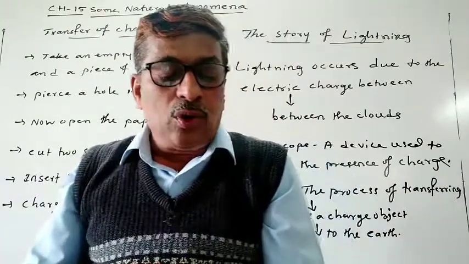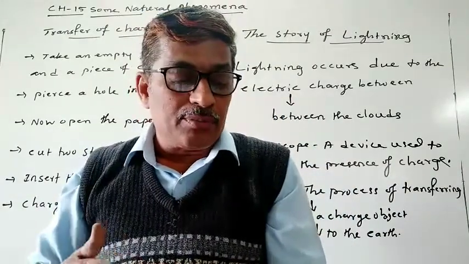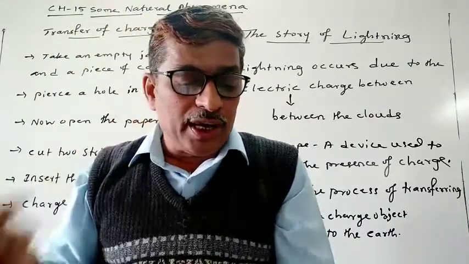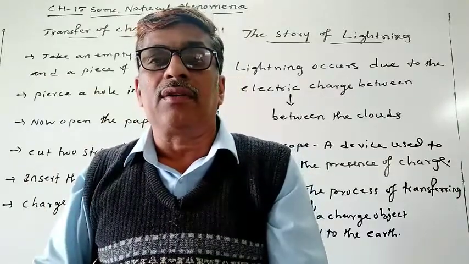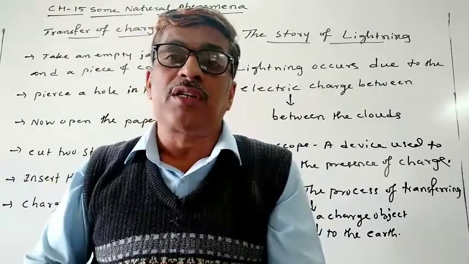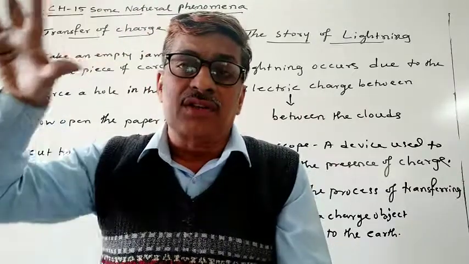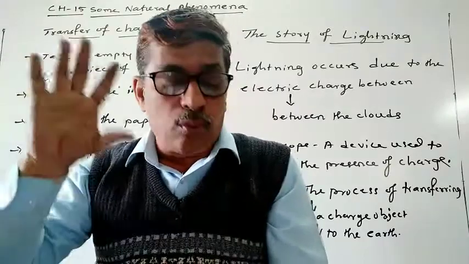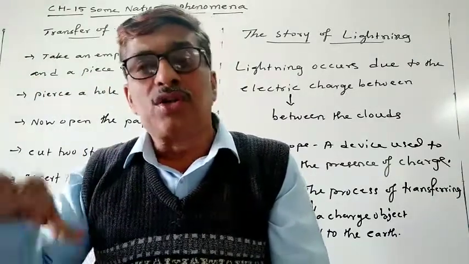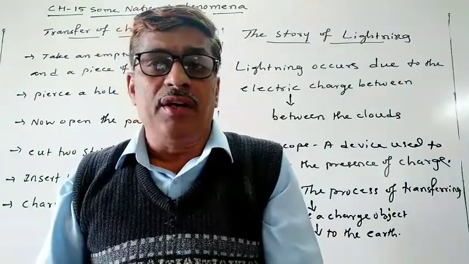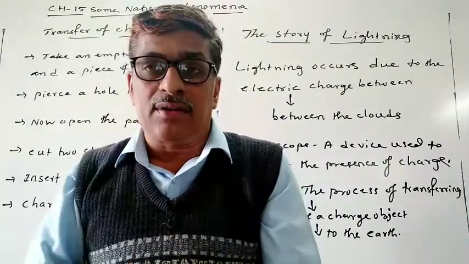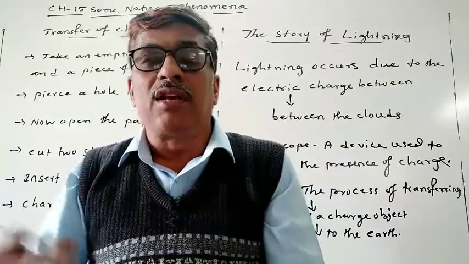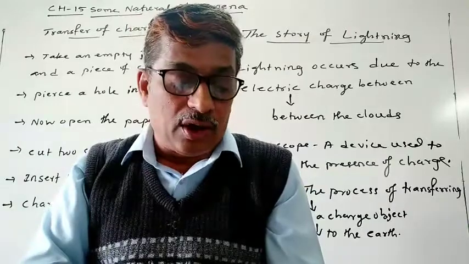When the magnitude of the accumulated charges becomes very large, these charges go on accumulating. You know that air is a bad conductor. But whenever charges are so much accumulated, the air, which is normally a poor conductor of electricity, loses its poor conductivity and becomes a conductor. It is no longer able to resist their flow, so that is why it becomes a conductor now.